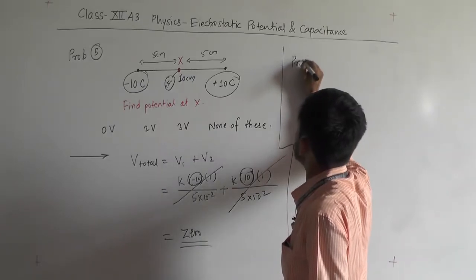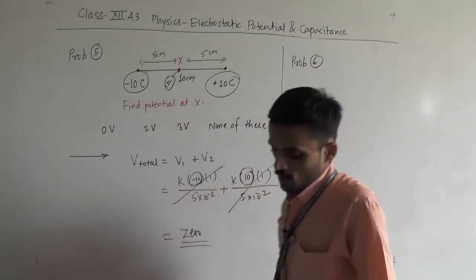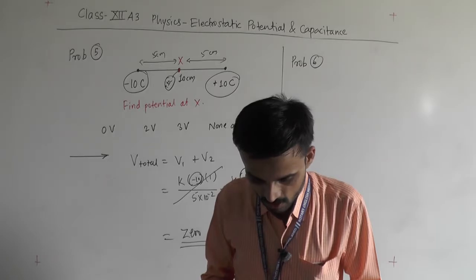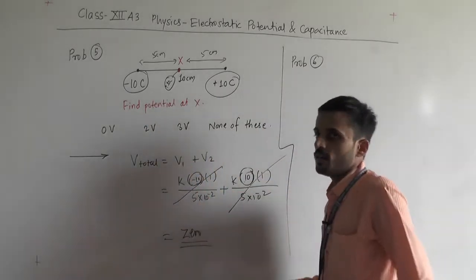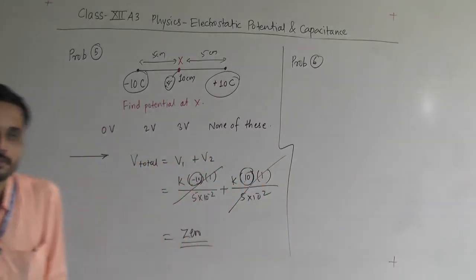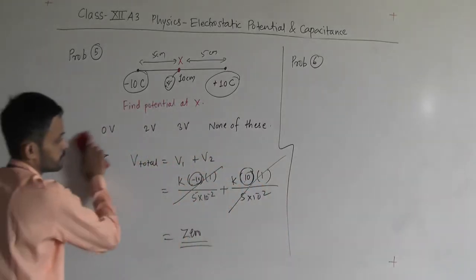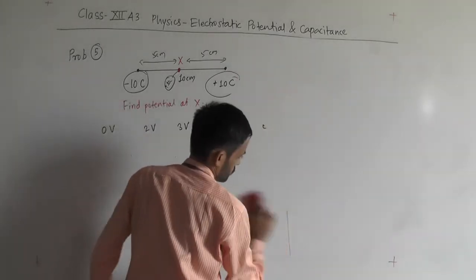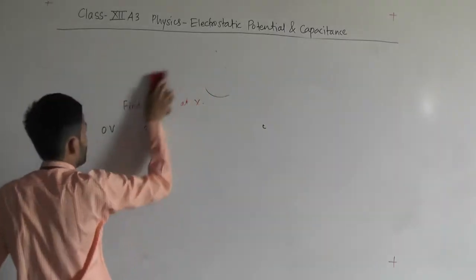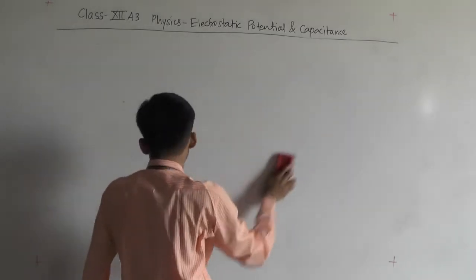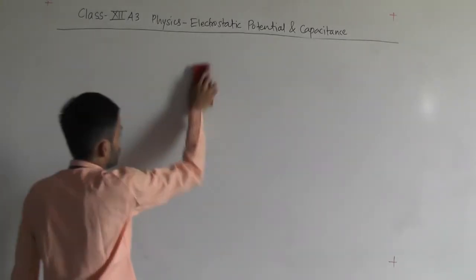We'll go for problem number 6. So in problem number 6, what are they asking? Okay, we will write problem 6 over here. I will suggest you to note this down. It's a big problem, big meaning the explanation is there, no? So I will write that problem, and you also try to solve the problem with me.